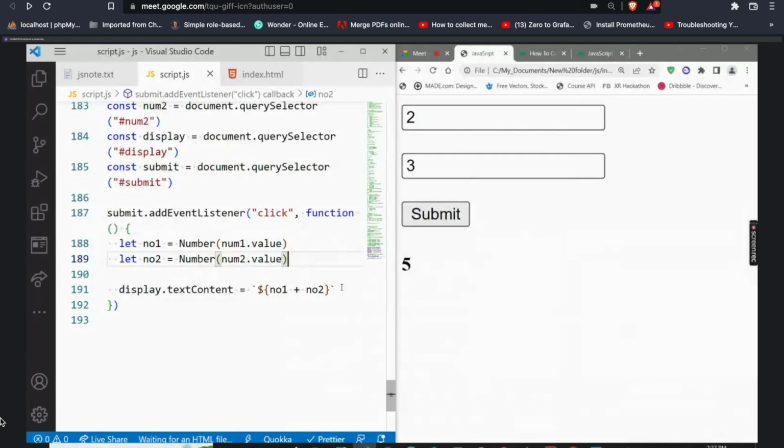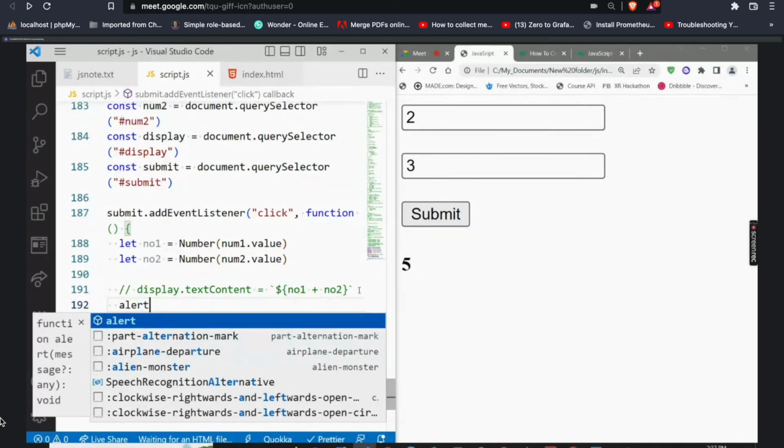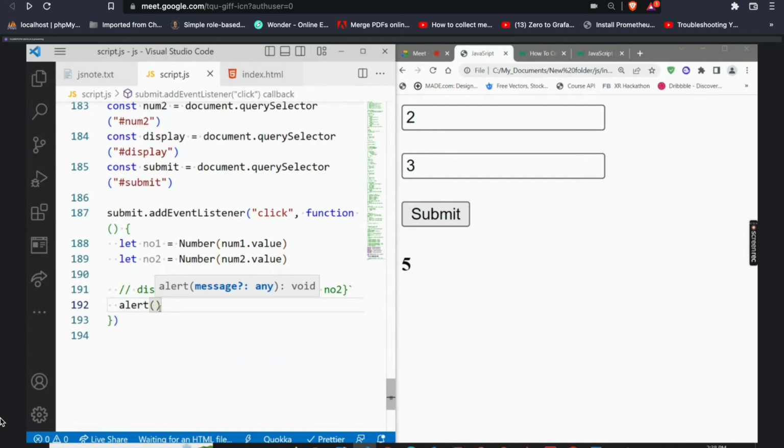So let me quickly talk about these two functions, which is alert and prompt. So let me just comment this one out, which is alert. Now, for alert, it is a written function for us in JavaScript, which we can use to alert the user. So let's say I get the number now and I want to alert. So I can just say alert